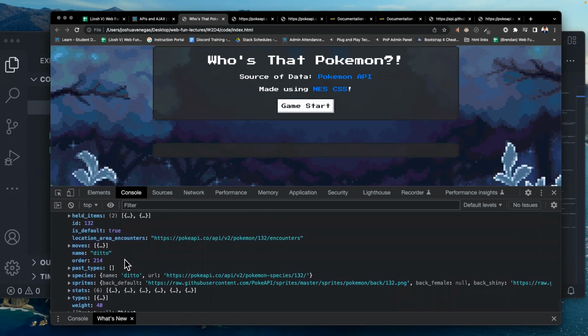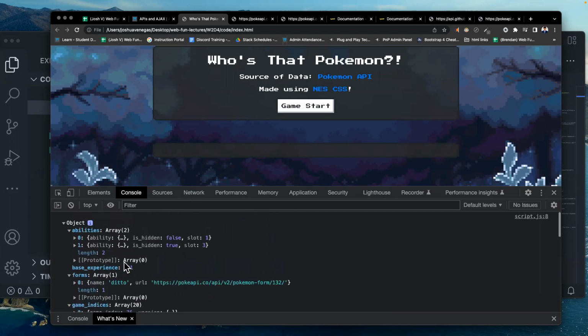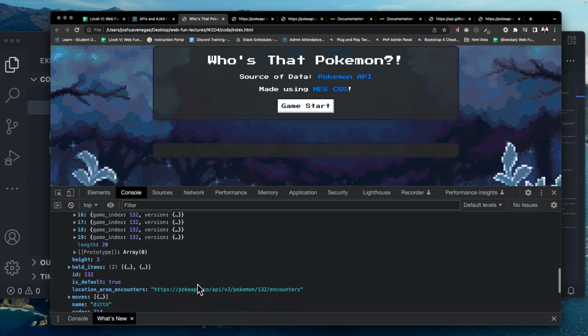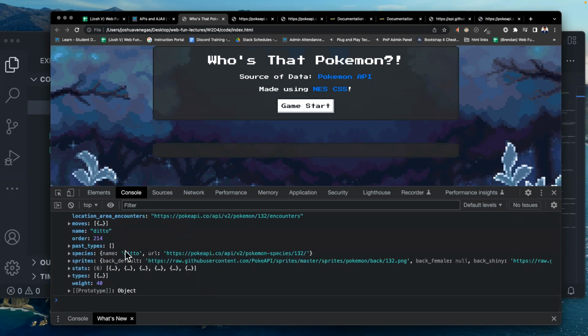So that is how we now grab that object information, and we can now use this information in our application if we wanted to. We can take this information, post it in the HTML somewhere, or we can access the little shadowy images, which are called sprites.